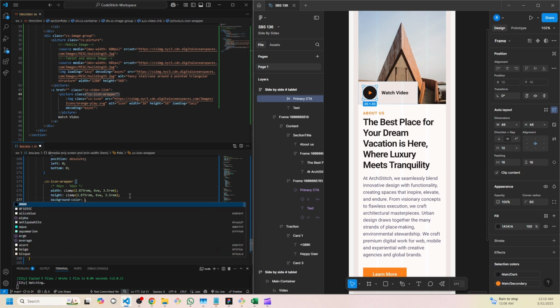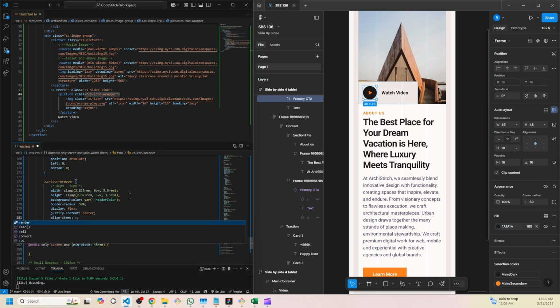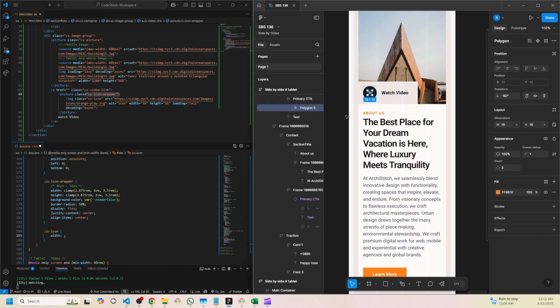Background color. That is going to be var header color. It's the same color as the headers, so we're just going to use it. Border radius 50% to make it a circle. And then display flex, justify content center, align items center. And then the icon itself, .cs-icon is going to be a width of 16 pixels. Sweet 16. And then we're going to do a height of auto,